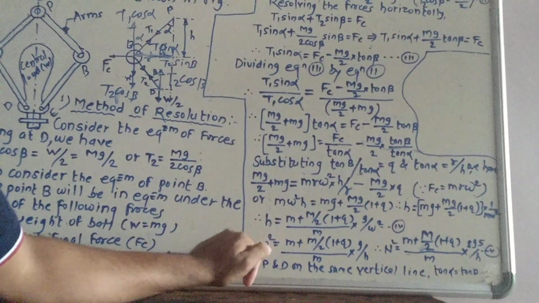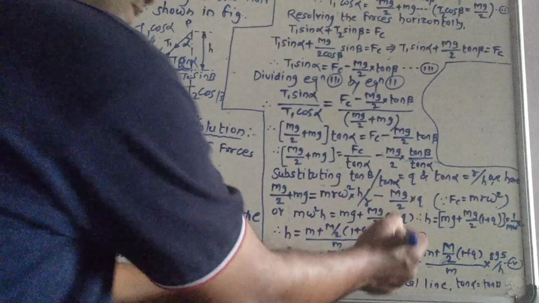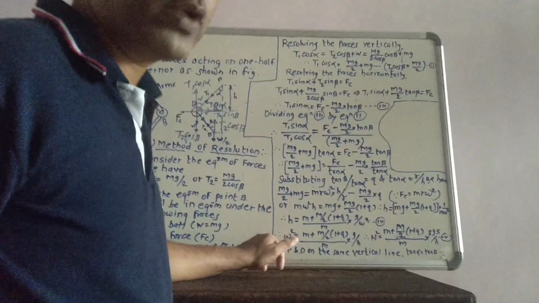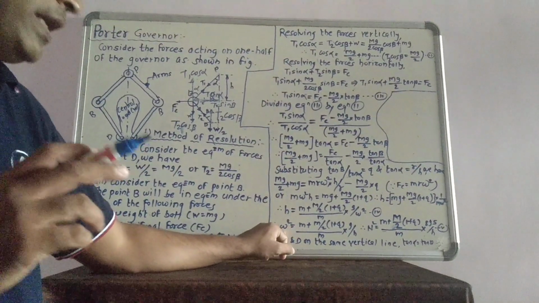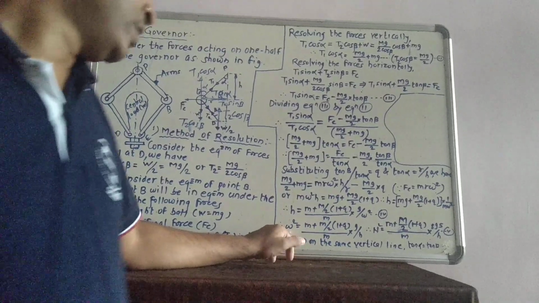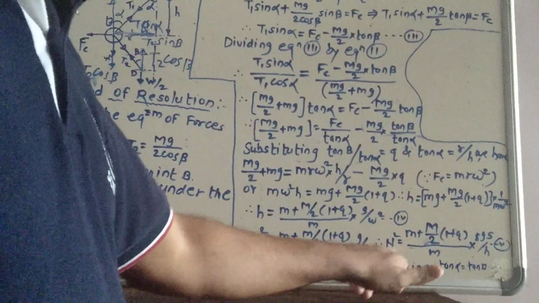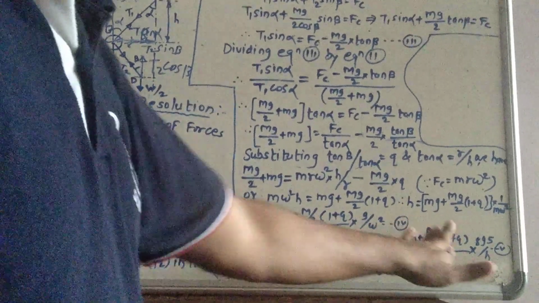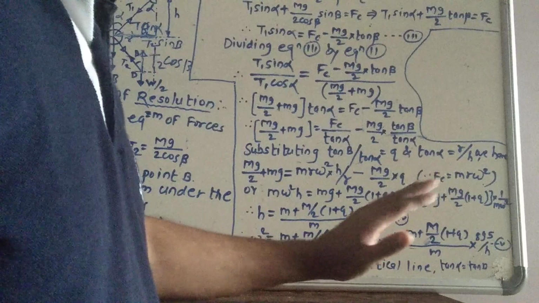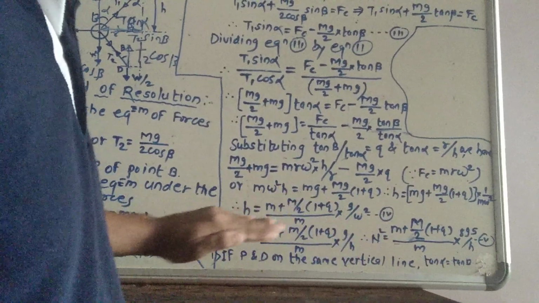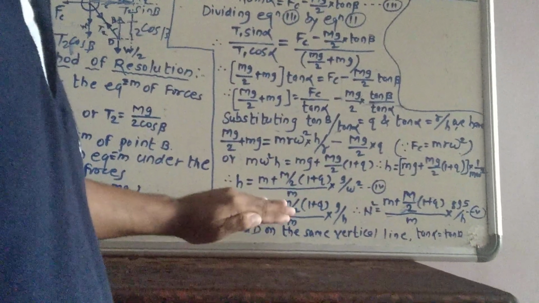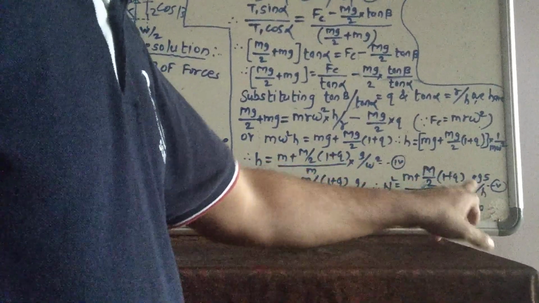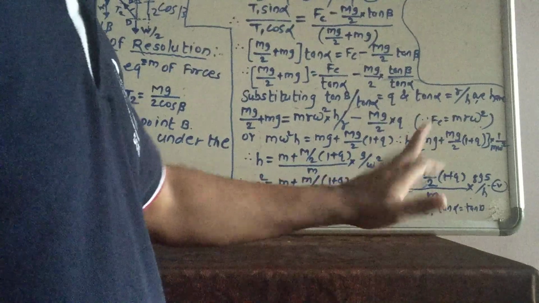So what's about the omega square? Omega square, simply take this omega square here and H here. Now after putting the value of omega equals to 2 pi n divided by 60, we can get the relation for this n square like this one: small m plus capital M. This term will remain as it is, this one as it is. Okay, by substituting the value of omega equals to 2 pi n divided by 60 and this g equals to 9.81, we can get this relation for n square.